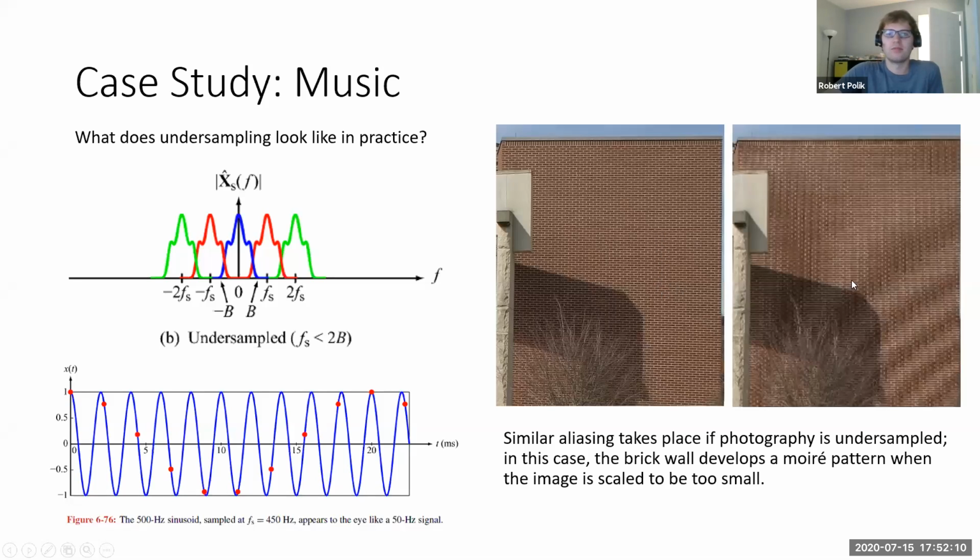in this case, and you turned it into a bitmap image or whatever, you have a bunch of individual pixels. If you shrink that image too much, you have the exact same aliasing effect where the distance between your pixels is kind of consistent with the distance between these bricks. And so you have what's called a Moiré pattern. I don't know how that's pronounced, but you get this effect. And I'm sure all of you have seen this at one point or another when you're dragging pictures or stretching them out, because you are having this aliasing effect.